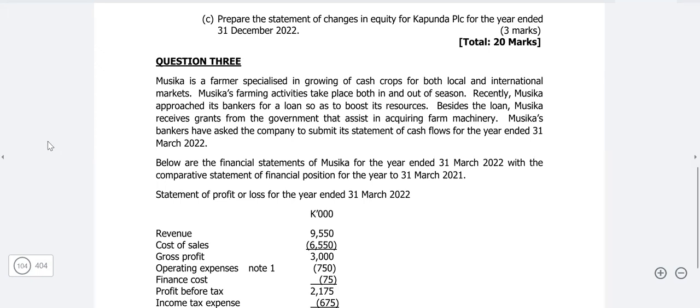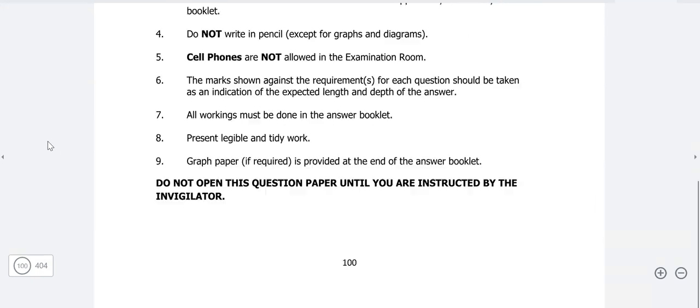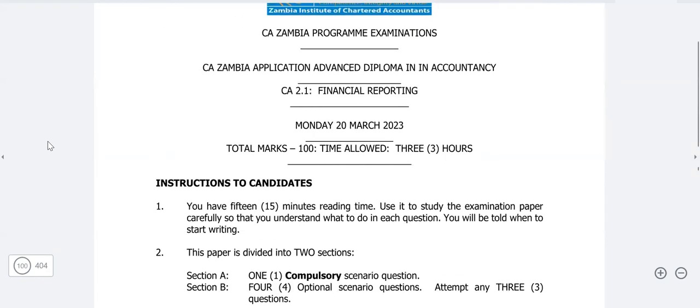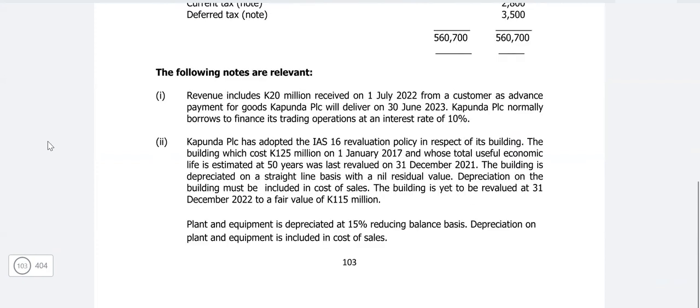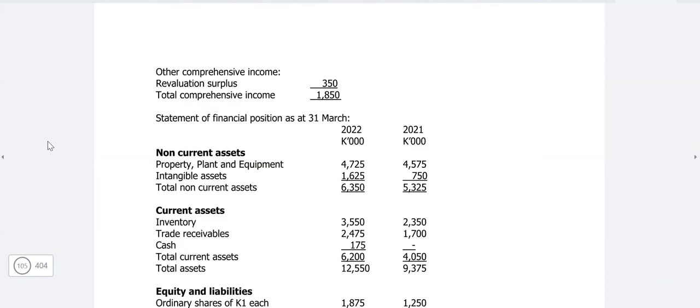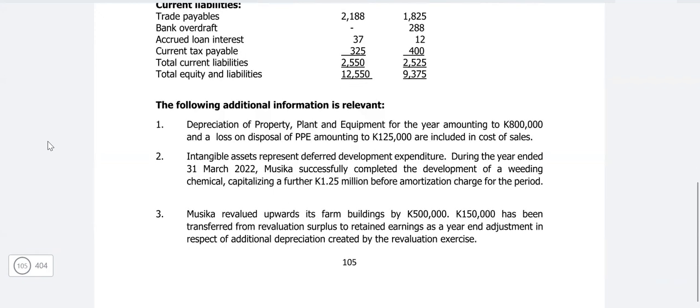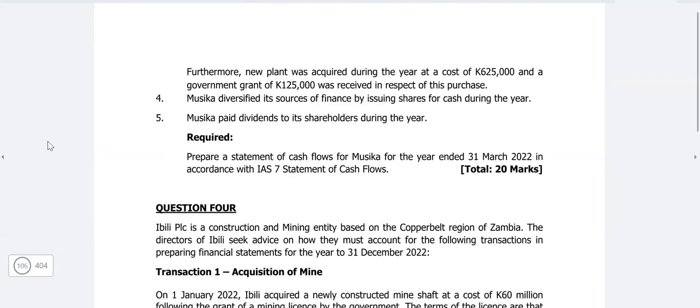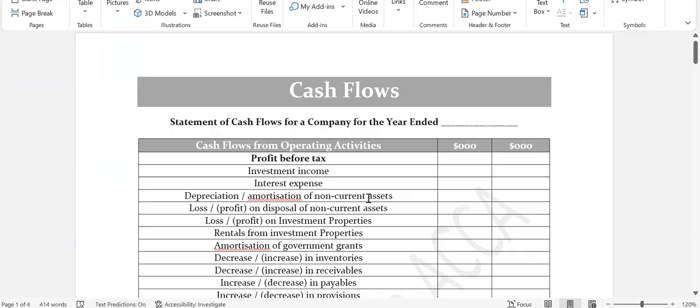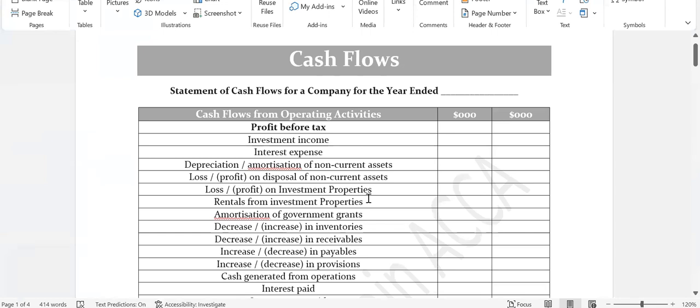This is the past paper, which is financial reporting, March 2023. We are doing question number 3, and the requirement is to prepare the statement of the cash flows for MARFAT for the year ended 31st March 2022 in accordance with IAS 7 statement of the cash flows, and this is for 20 marks. Now, you know that we have the cash flows, and I already provided you with the revision lecture